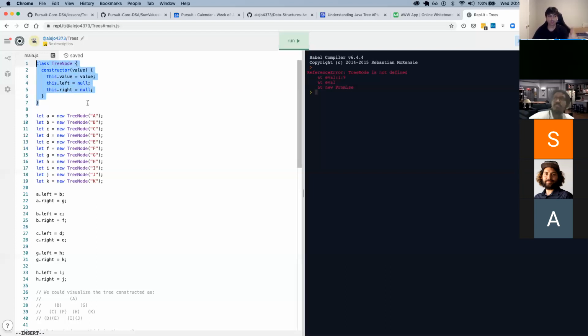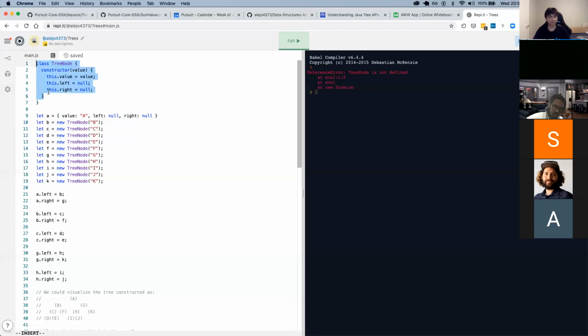We could implement this manually. If we don't want to use the tree node, we could say something like this. Again, a class is just a factory, or what I like to say a blueprint, for objects. If this is just an object, we could say value A, and maybe left is equal to null, and right is equal to null. This object is not much different from the object created by saying new tree node.